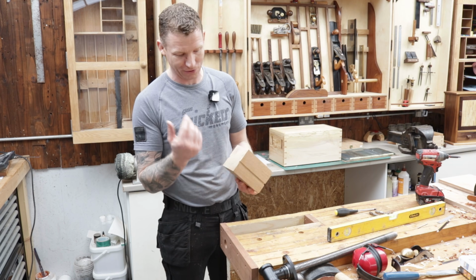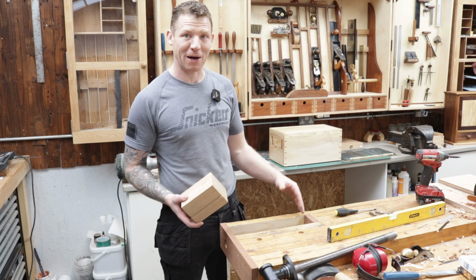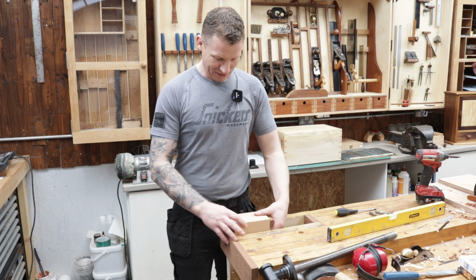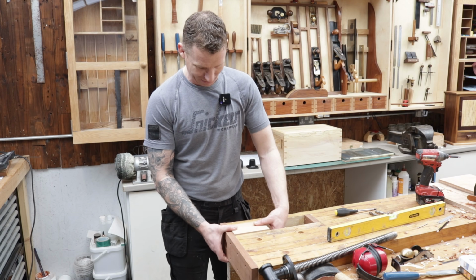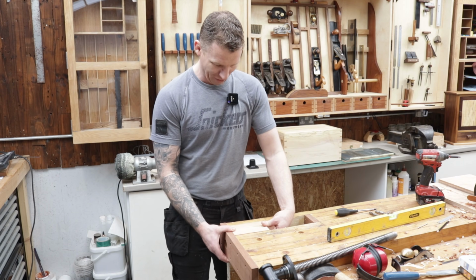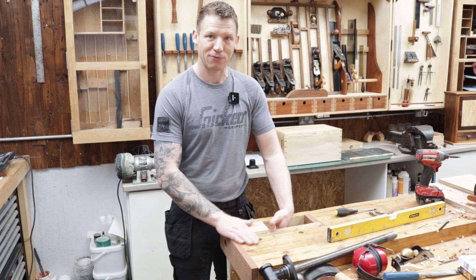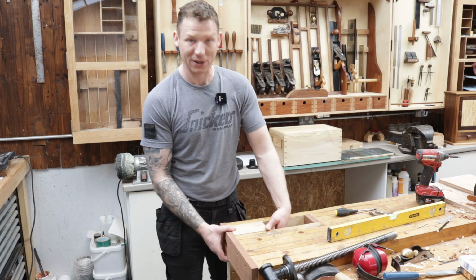This is the hardest hole to drill, I suppose, because we got to keep this exactly right. Now there's a name for the traveling part of the vise. It won't come to me right now, so let me know in the comments what it's called. But again, I'm going to use this to get my center point. I'm going to let this block sit slightly proud of the workbench, again, so I can plane this back flush with the top of the workbench, and I can plane all these edges back when we're finishing up